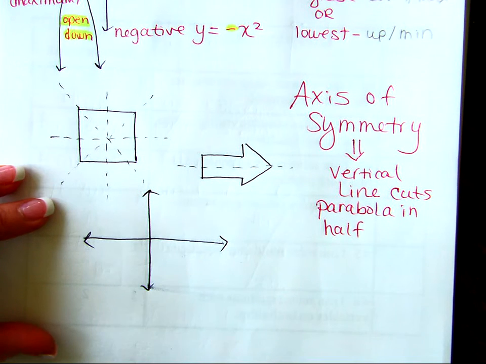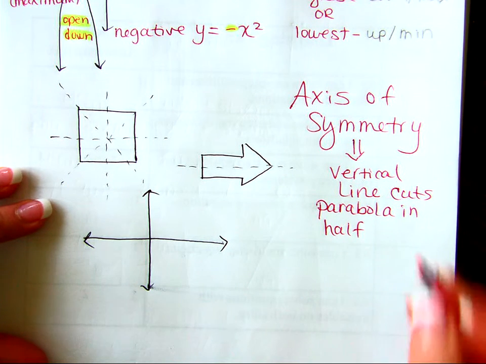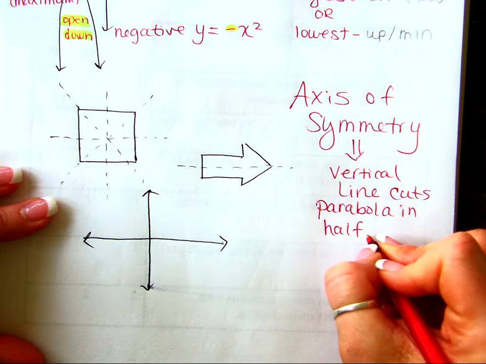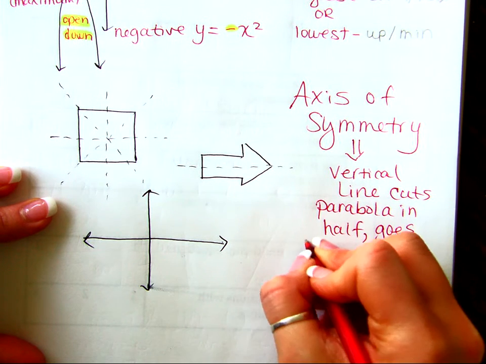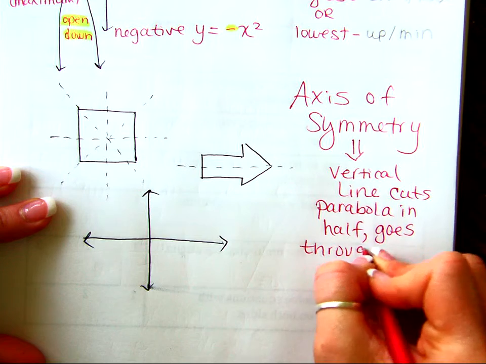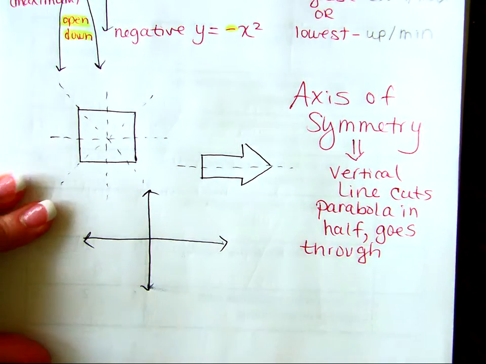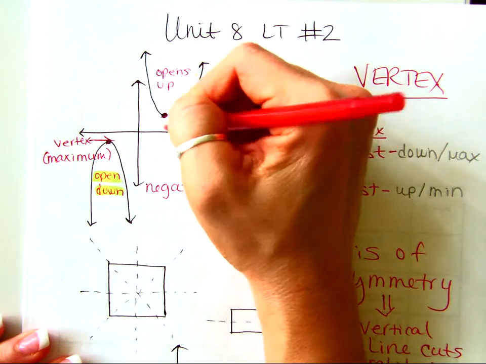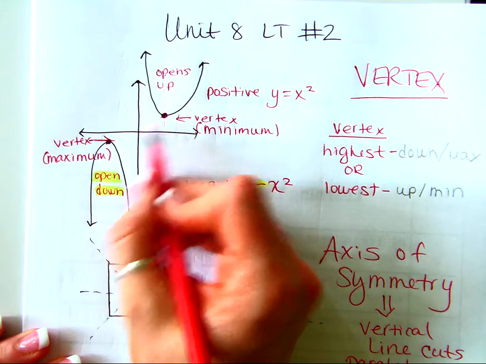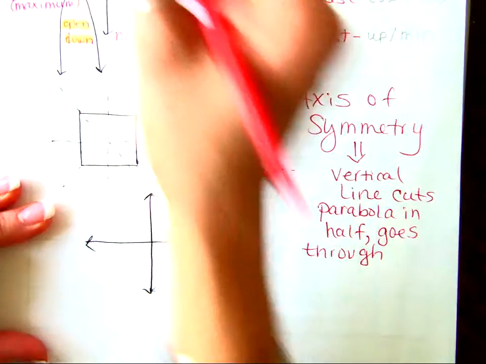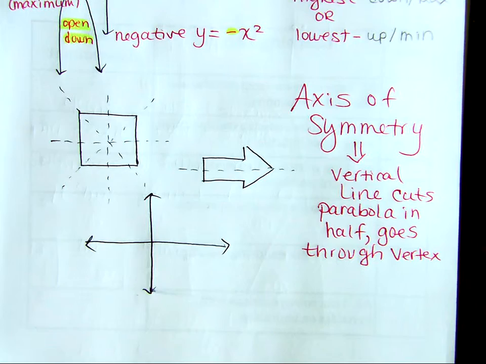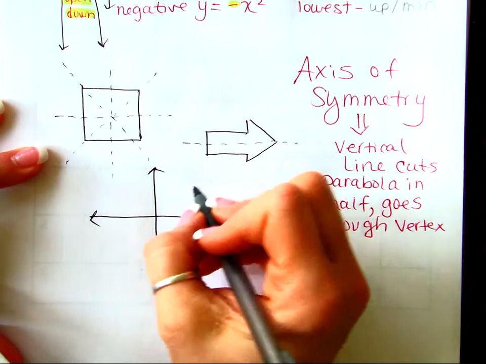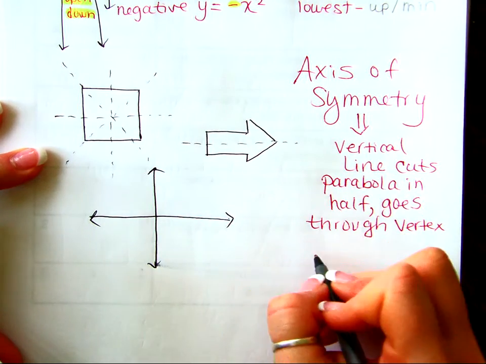And it creates two equal halves, obviously, and it goes straight through the vertex that we just learned. Think about it. If this is the axis of symmetry, it's got to go through the vertex every single time, doesn't it? Okay? So for example, if I were to tell you that the axis of symmetry, and by the way,